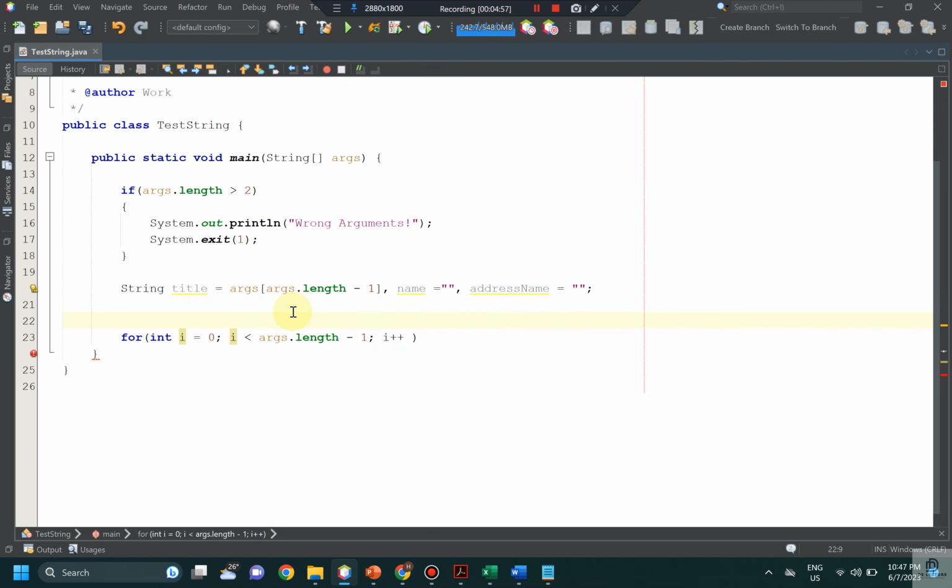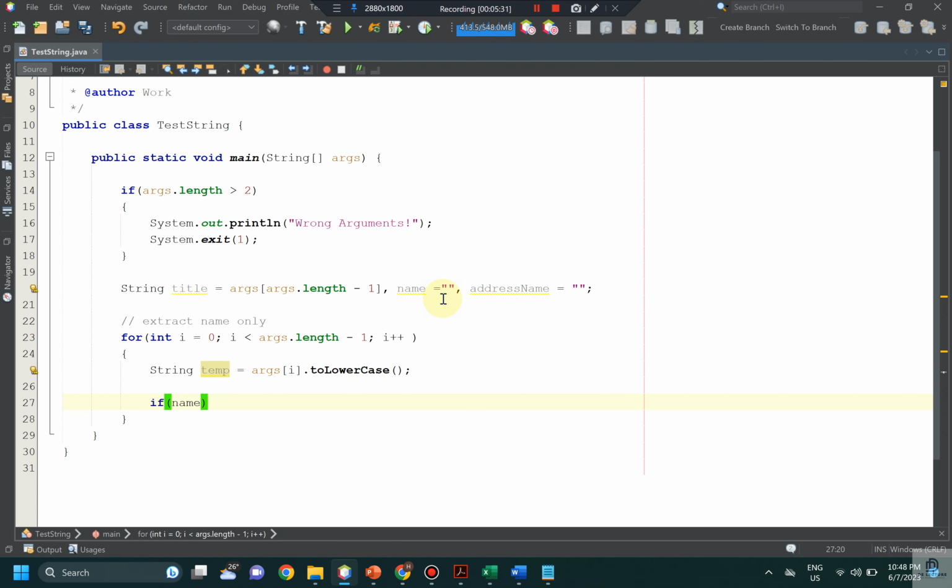Okay, because in this loop here we are going to extract the name only. So that's why we do minus 1, because the last one is always the title, which is irrelevant here. The next thing we are going to do is create a temporary variable for us to store the arguments. In this name here we are going to put it all to lowercase first. And then the next thing we are going to check